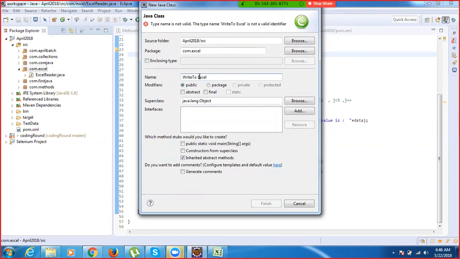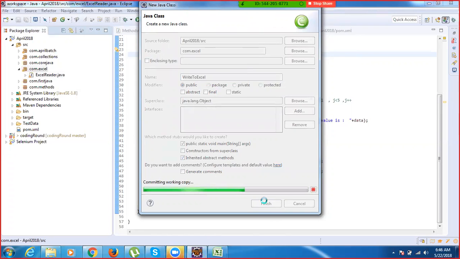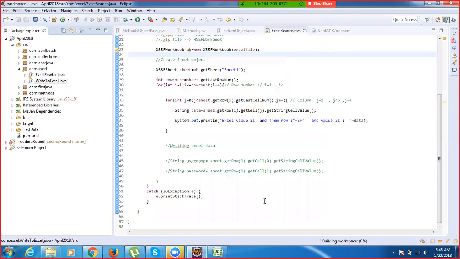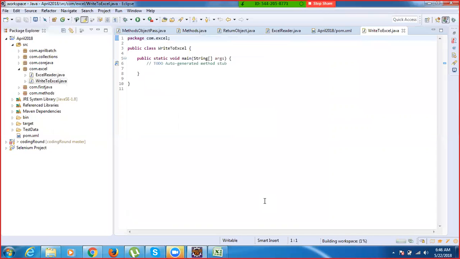Is there any space? Yes. So the class name cannot have any space in between, right? Okay. Now,